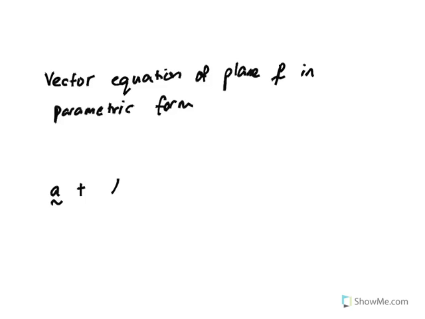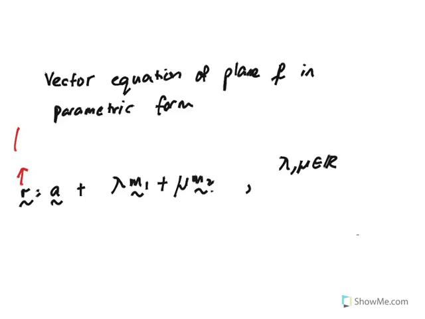in parametric form will be a position vector A, which lies on the plane, plus a scalar multiple of M1 plus a scalar multiple of M2, where lambda and mu are all members of the real numbers. Okay, and here will be R, and R, as you know, this would be X, Y, Z, any point on the plane, and recall that this is a position vector